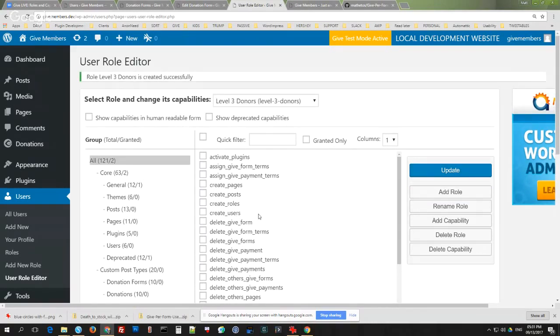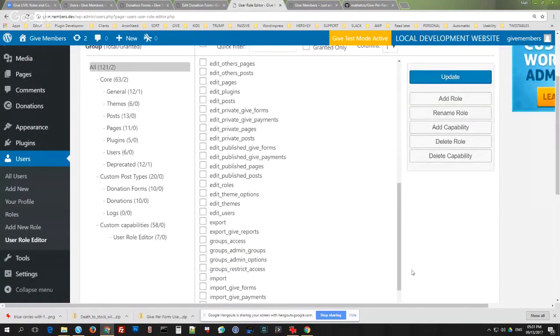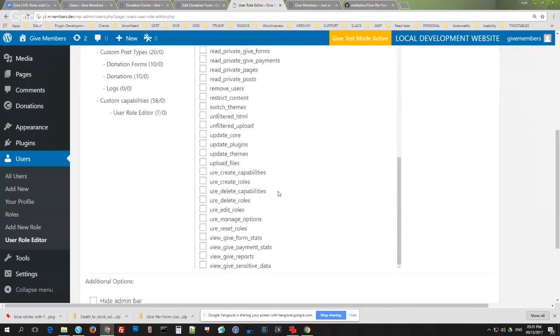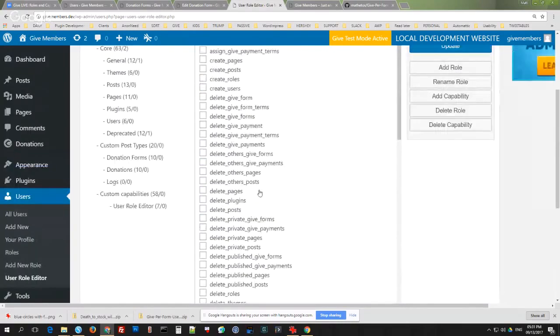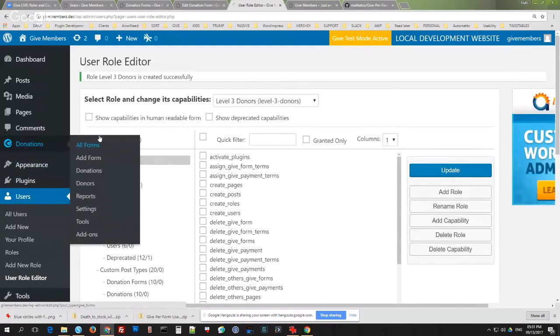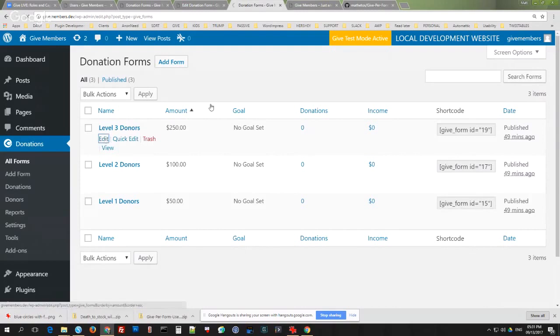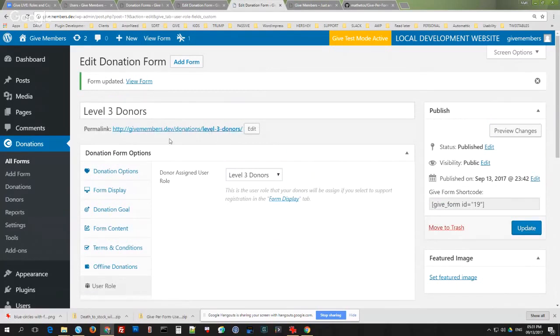If I wanted to add any custom capabilities to this role, I can do that right here. Here's all the capabilities that are available to this whole website. And you can see there's lots and lots of them. So that's all available. But in this case, I basically want to set that form now to level 3 donors. I'm going to go to edit. I'm going to hit user role, and now I can do level 3 donors as my default there. Okay,